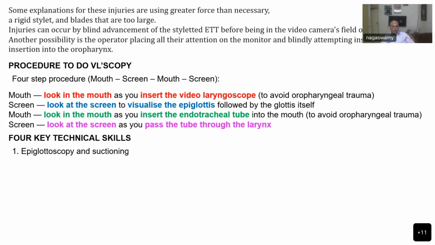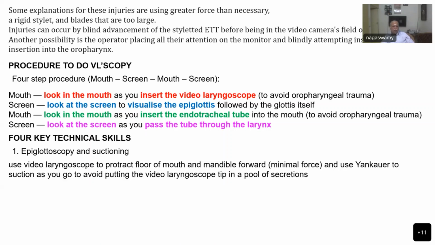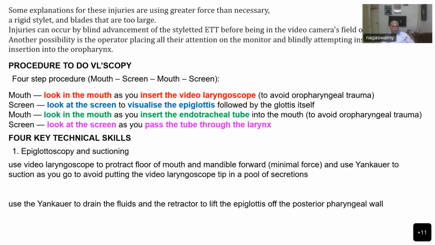So as soon as you see the epiglottis, if there are any secretions, you cut them out with a Yankauer suction. So use the video laryngoscope to protract the floor of mouth and mandible forward with minimal force, and use the Yankauer suction to remove all the secretions so that the videoscope tip is not covered by the pool of secretions. The second step, use the Yankauer suction to drain the fluids and retract to lift the epiglottis off the posterior pharyngeal wall. So this is the first step of